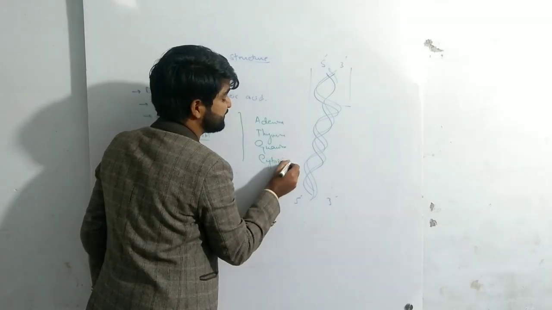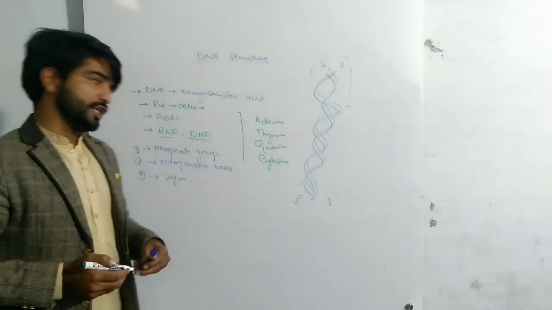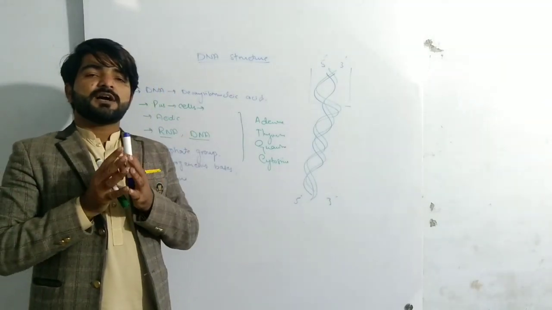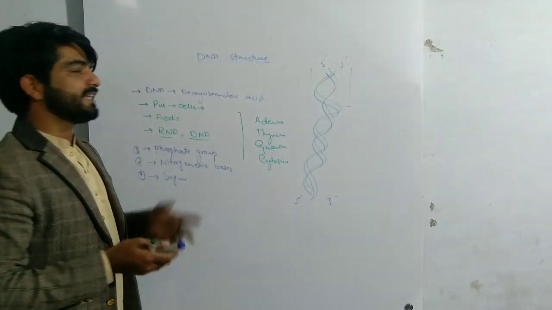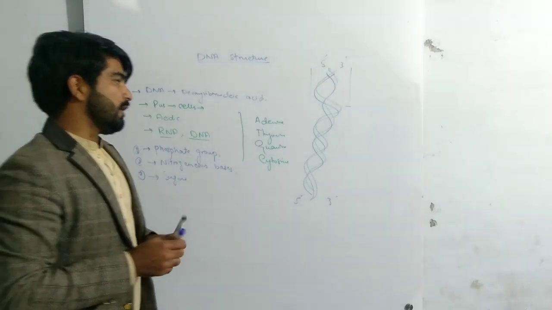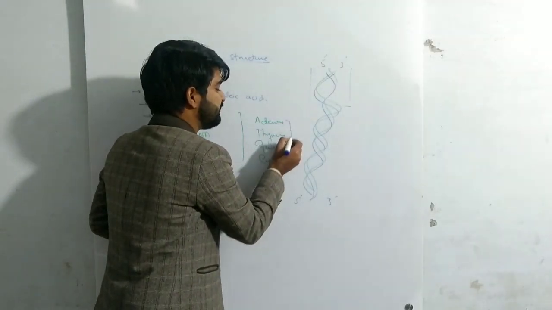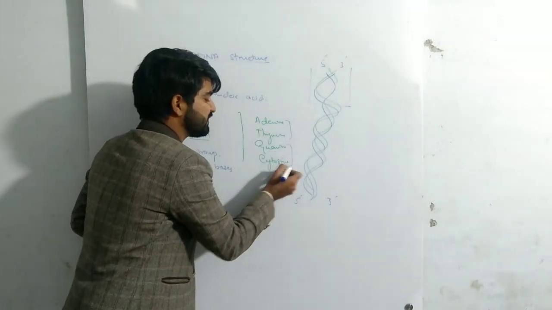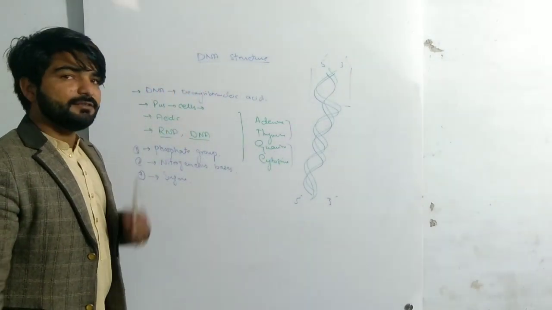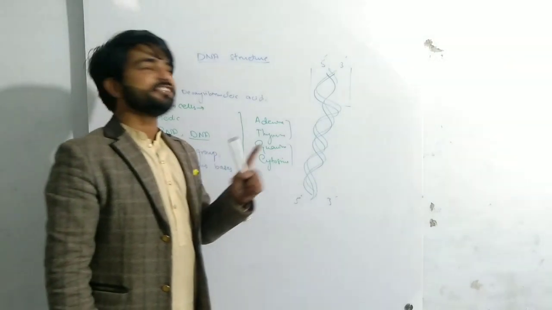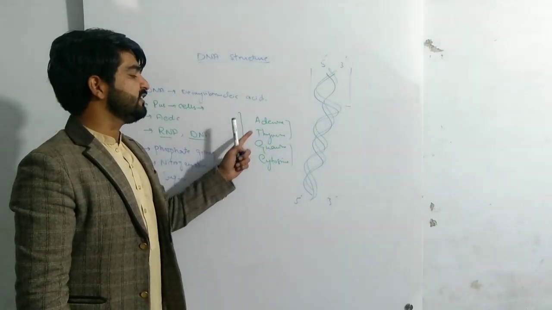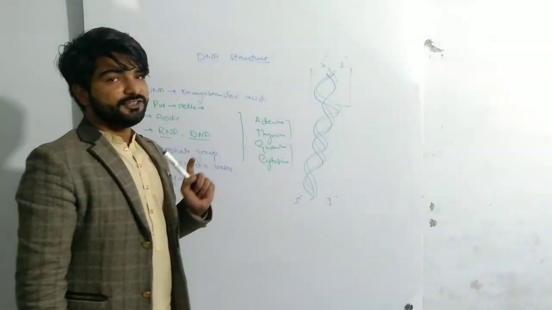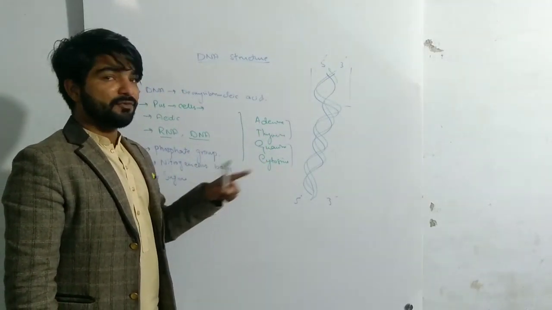These 4 nitrogenous bases are present in DNA, and they are always attached to each other in a fixed ratio. Adenine always forms a pair with thymine, guanine always forms a pair with cytosine. That pair will always be similar. You will never see in the DNA structure that adenine is bonded to guanine or adenine is bonded to cytosine. You will not ever see that type of interaction in